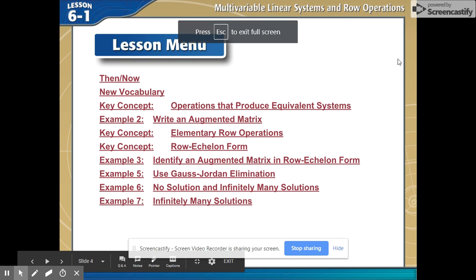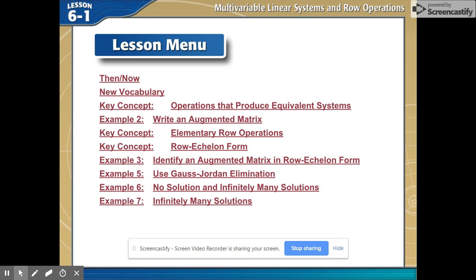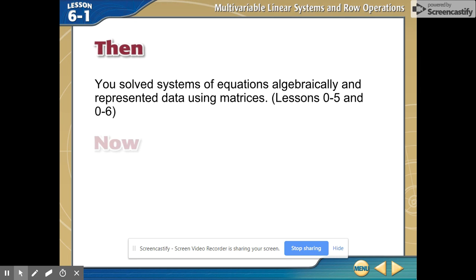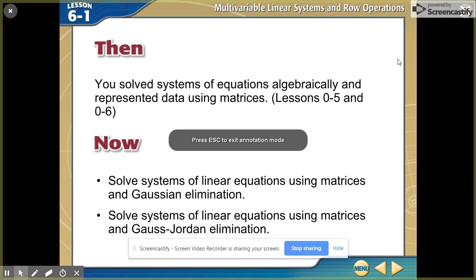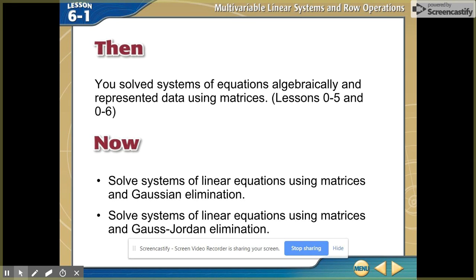Okay, so we're going to talk about section 6.1 of our book, which introduces chapter 6, which is dealing with linear systems of equations and how we solve them. And this builds on something that you've seen before in your past classes. So, what you saw before in either your algebra or algebra 2 classes, you'd have a system of equations, maybe